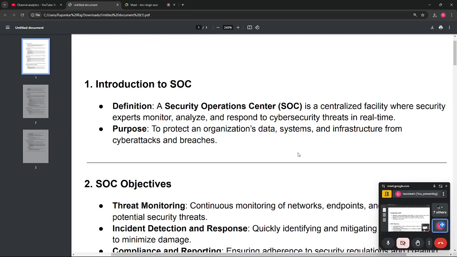After that, their other role is incident response. If they detect any threat, they investigate it and try to mitigate it before it escalates. For example, if someone is trying to do a DoS attack, and the SOC team identifies that an attack is going to happen on our IT infrastructure, they look for all the possible ways to stop it. So this is the very basic purpose of a SOC analyst, and that's what SOC is.